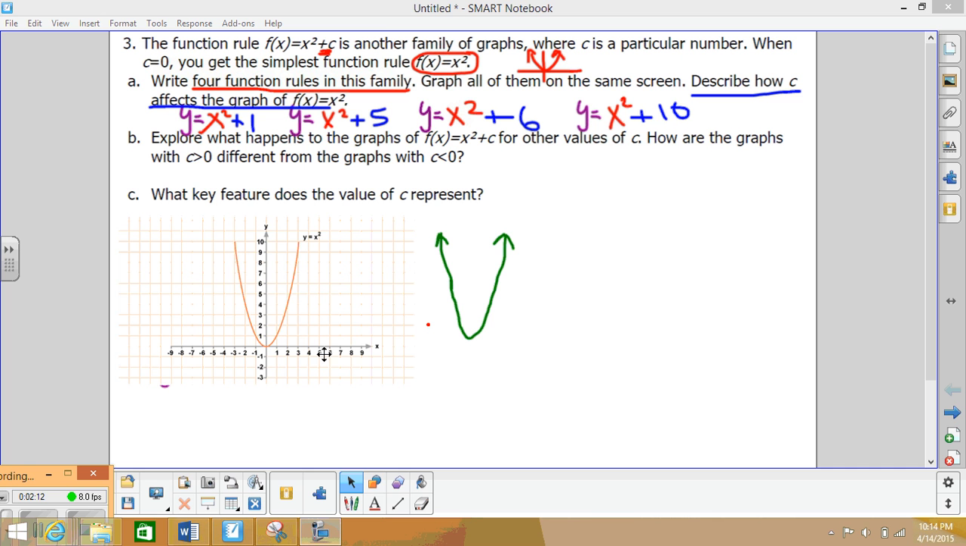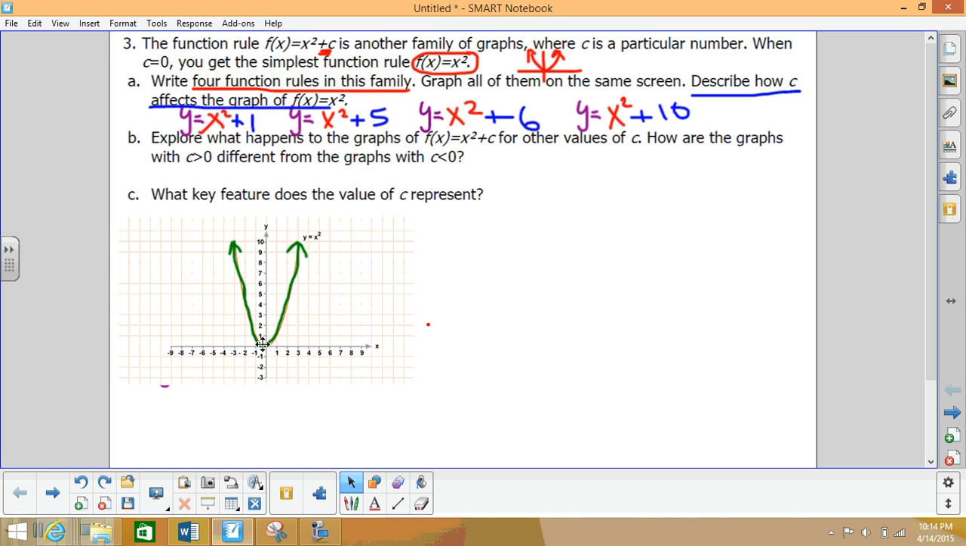Okay, so this is the graph of y equals x squared, which is the original one. Okay, and this is a very poorly drawn picture of it as well. So I just wanted to show that when you graph these on your calculator, when you put y equals x squared plus 5 and x squared plus 6 and x squared plus 10, what happens to it is if you keep the y equals x squared in y1 and you put the other ones in y2 and y3 and y4,